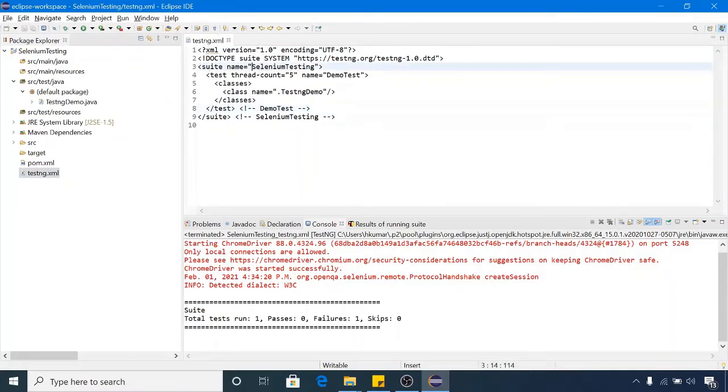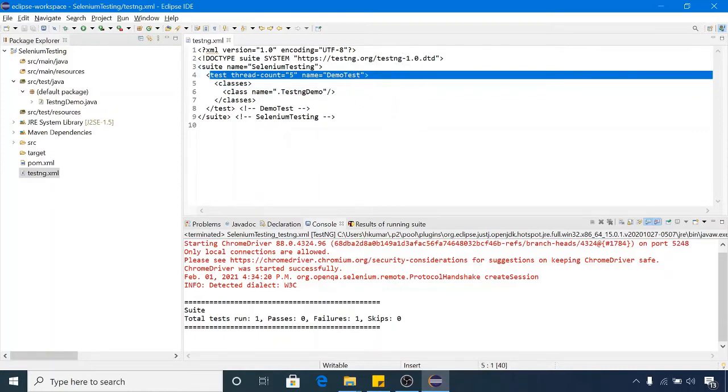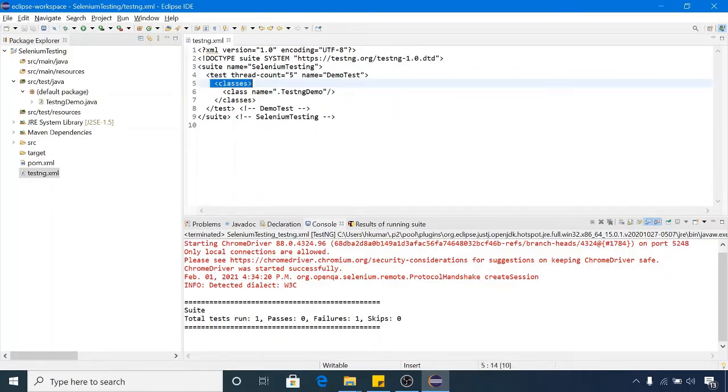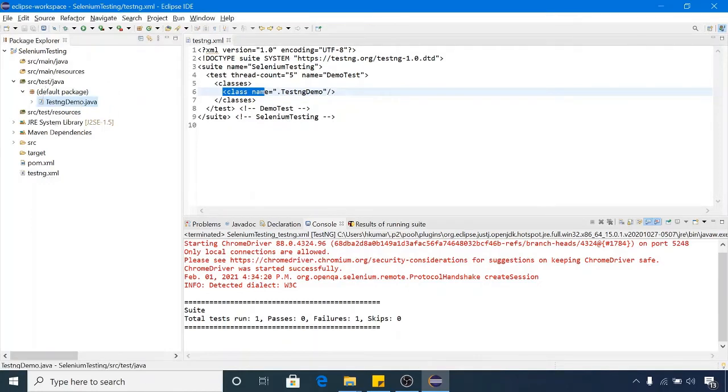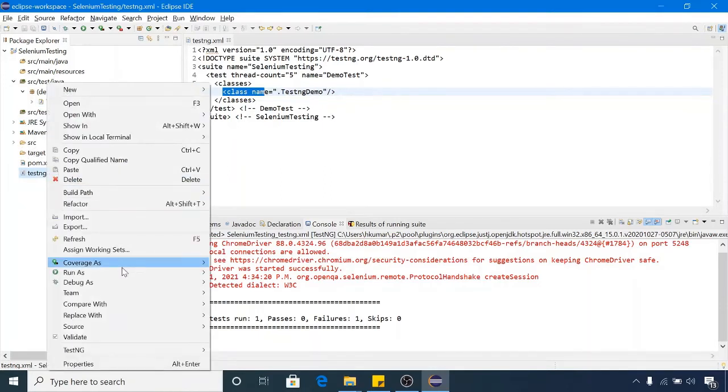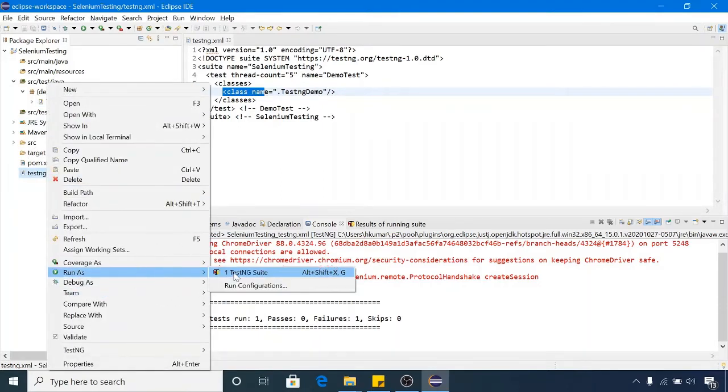It is showing the XML version, and the suite name Selenium testing, the test tag, test name equal to demo test, and classes, and it contains one class name, dot TestNGDemo. This is the class. Now if you have to execute the test cases, you can just right click on this testng.xml file and click on Run as TestNG Suite.